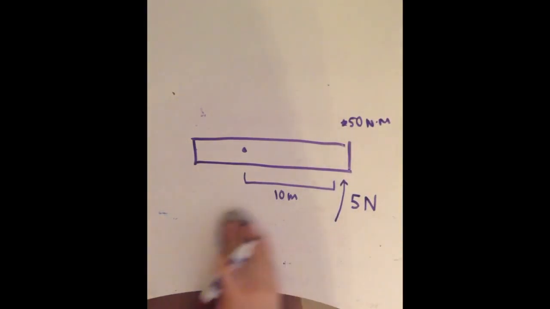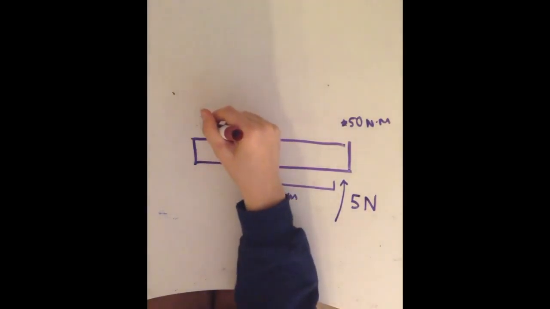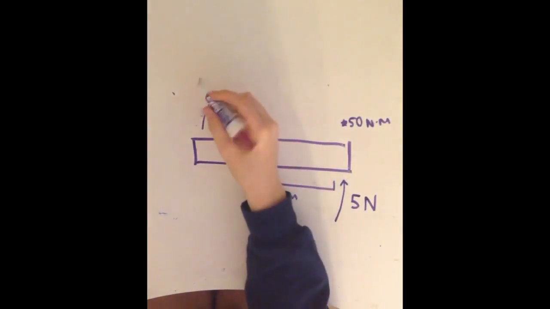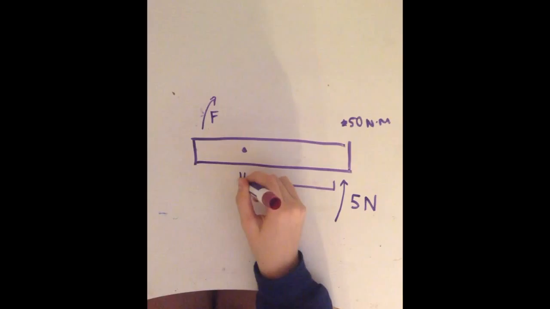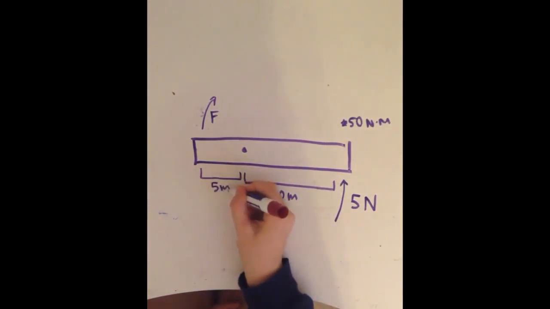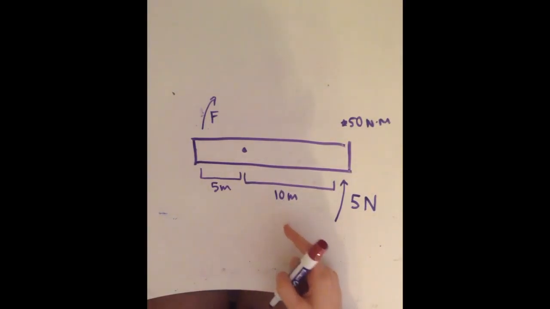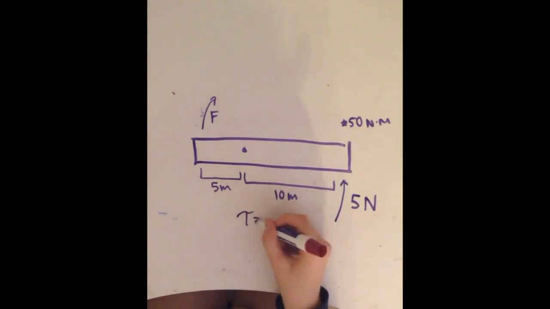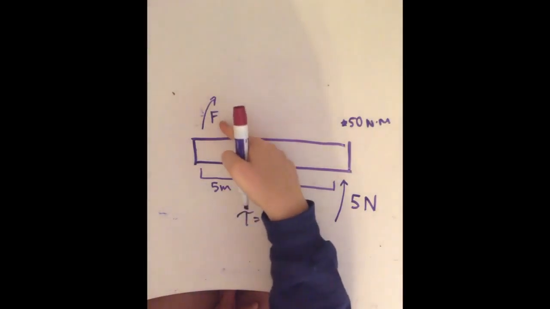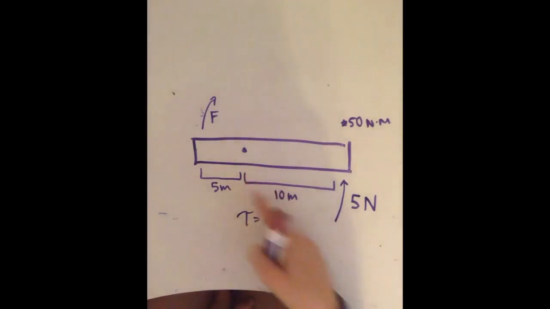So let's say that there is another force acting on the other side of the ruler, and we don't know what that force is. And remember, since it's going clockwise, it's negative. And that distance is 5 meters. And the ruler isn't moving at all, which means that the torque is 0. So in order for us to find that force, we're going to have to add the 50 newton meters that we got